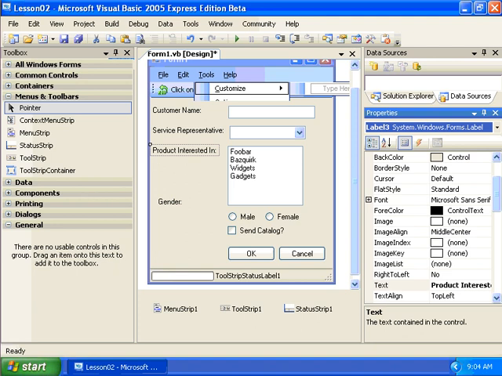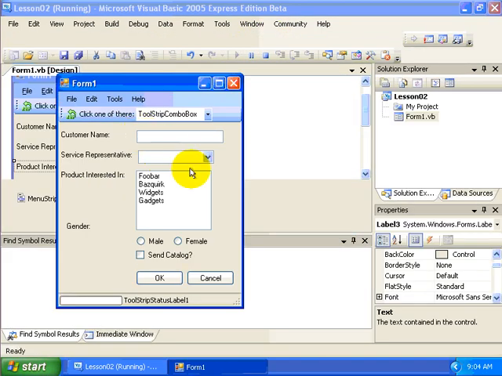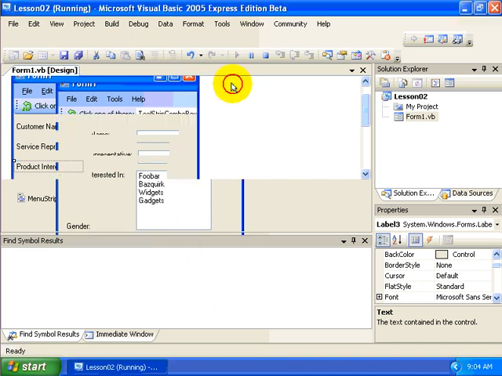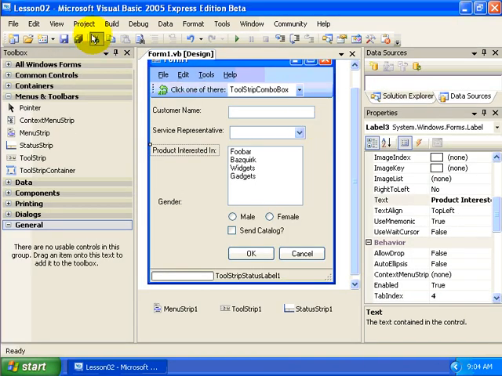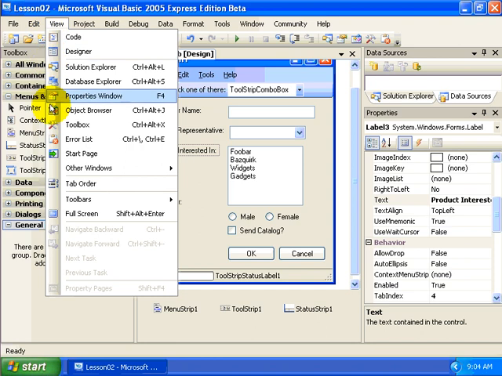So if you added things out of order, for example, as I've done at this point, notice what happens whenever I begin to use the tab key on my keyboard. I start at customer name, but now I go to send catalog, and then I go to the gender, whether male or female, then the product interested. It goes in a counterintuitive way through the controls on my form, but I can remedy this by selecting View,